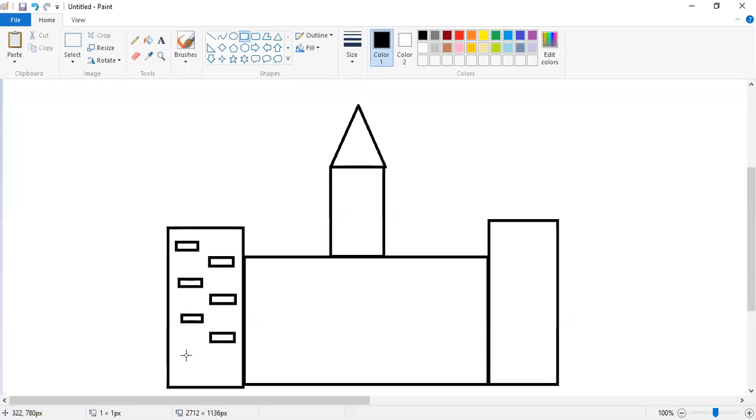You can do designing with your own choice. Like this is the practice. For the sake of practice, I'm drawing this. You can draw with your own choice.